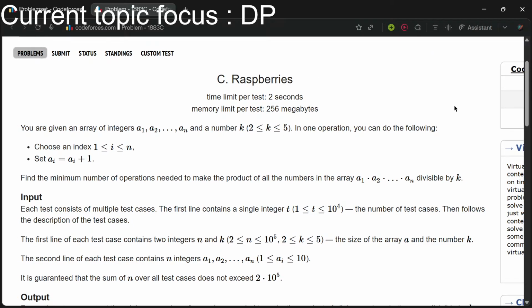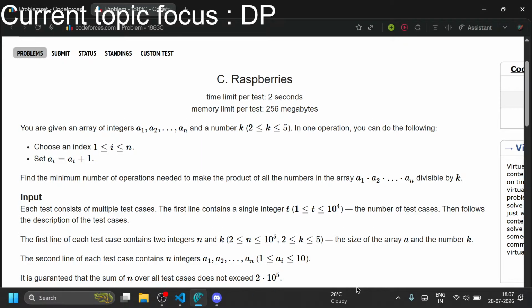We get an array of integers a1 till an, and we also get a number k, which is from 2 to 5 inclusive. Then in one operation I can choose an index i and set